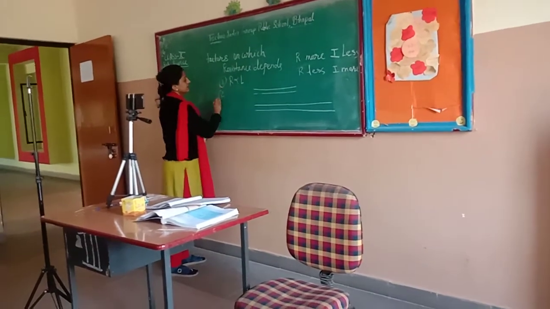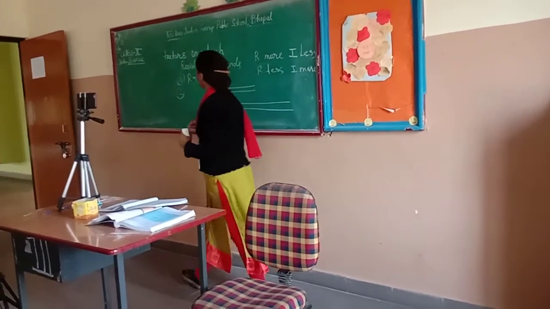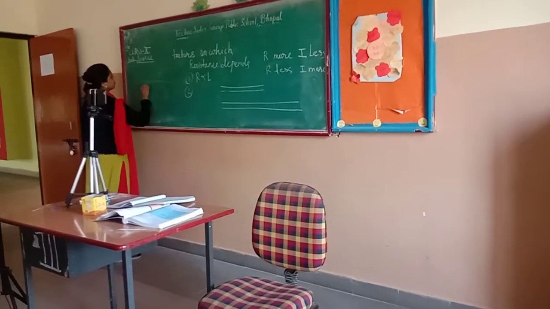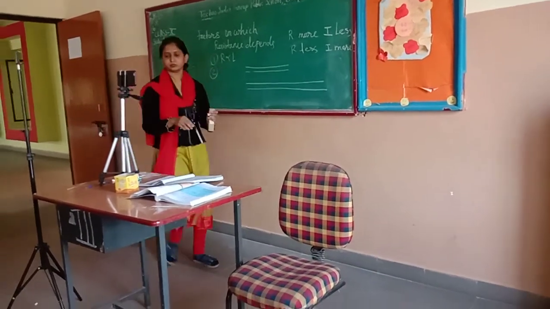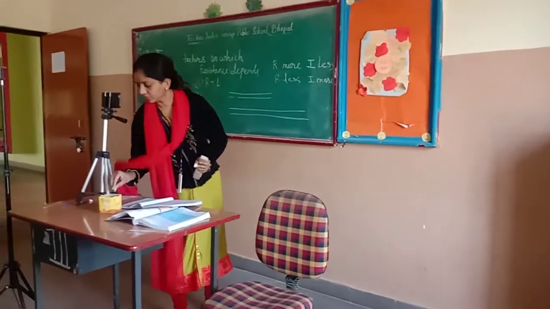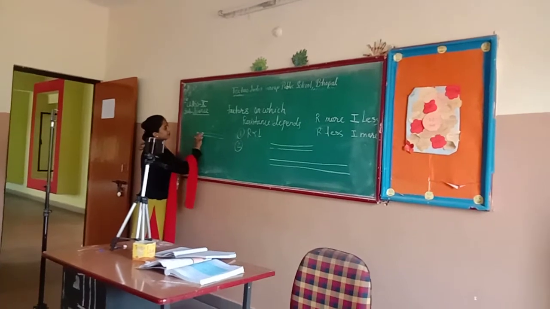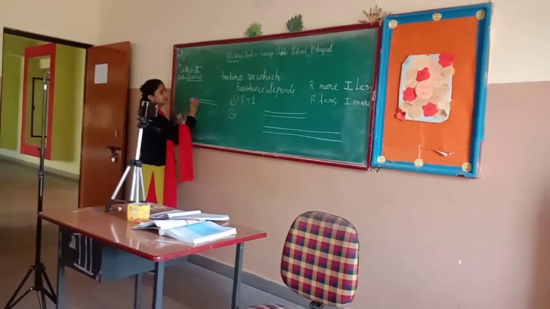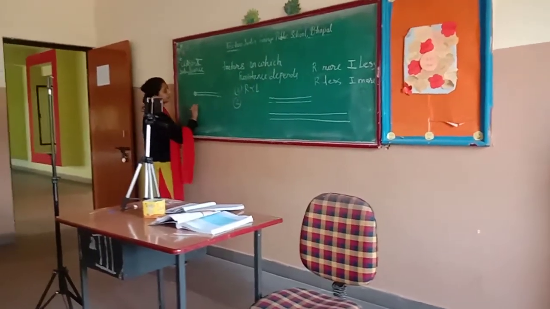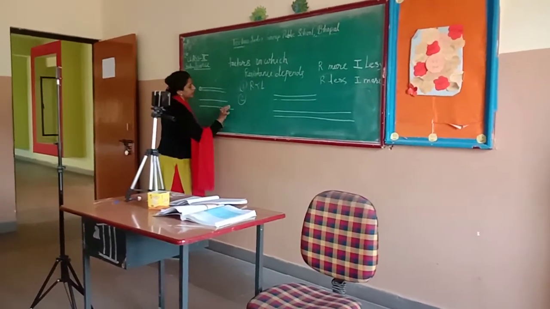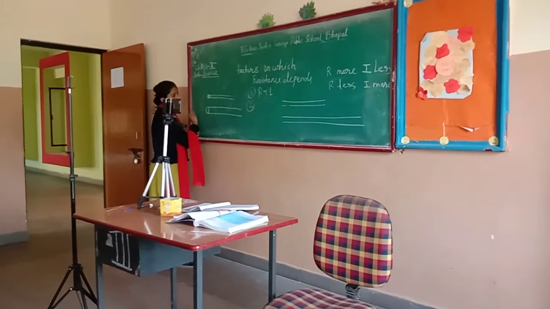And the second factor is thickness, meaning the area of cross section. Suppose it is a wire. Area of cross section is this much. If we have taken a long wire and the width of that wire is less, it means area of cross section is less. If we have taken a big or thick wire, then area of cross section is bigger.